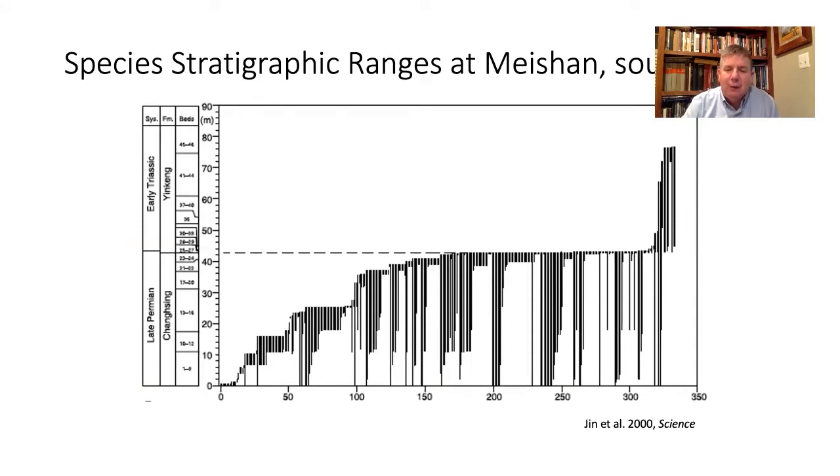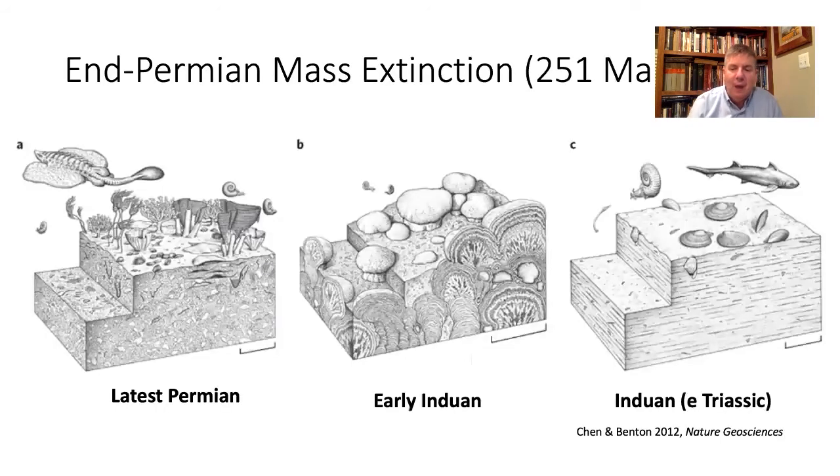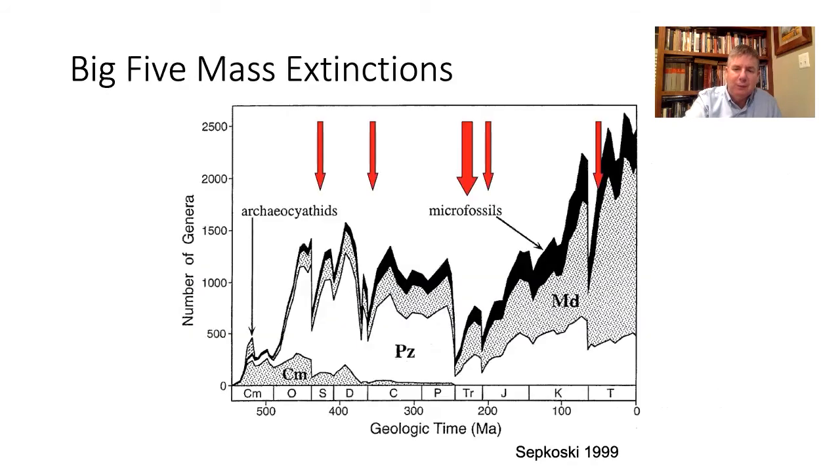This is a diagram showing the disappearance of species. As we walk up through this section, there are about 330 species here, many grouped into different clades. And this shows a very rapid, indeed a catastrophic extinction close to the boundary. Just an image to show what some of the transitions look like between the latest Permian to the left of the screen with flourishing ecosystems, the earliest Triassic after the extinction with very low diversity, and then later in the early Triassic, an increasing number of species begin to return to ecosystems in various parts of the world.